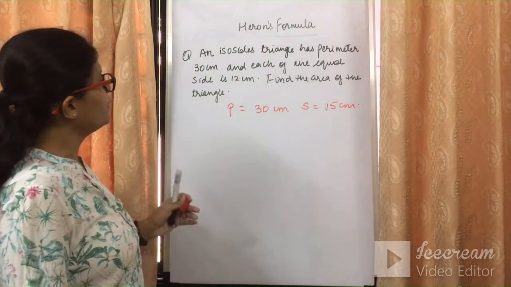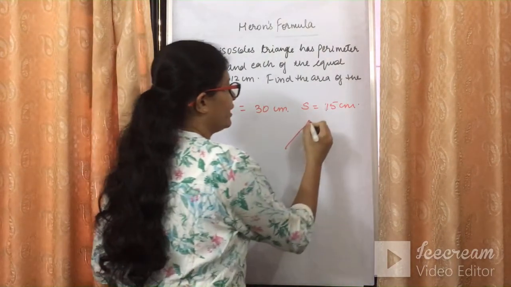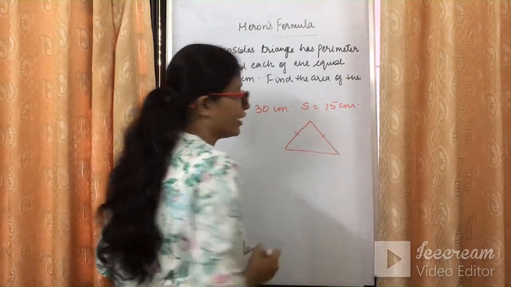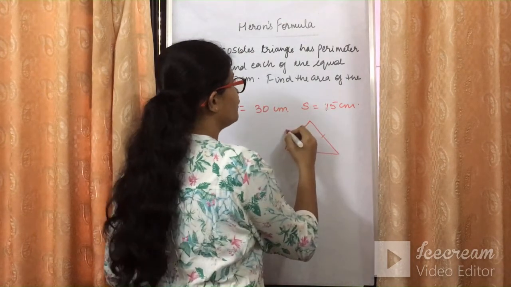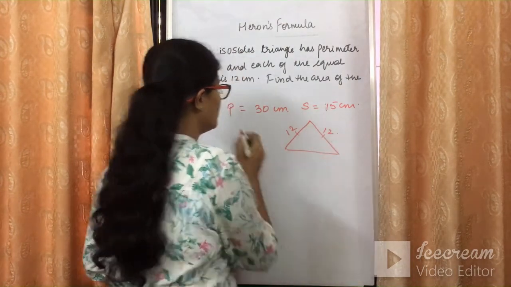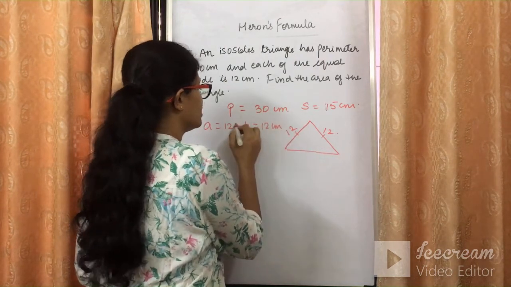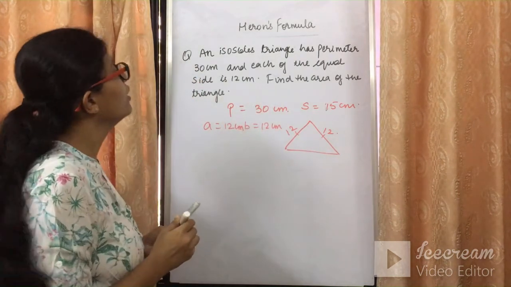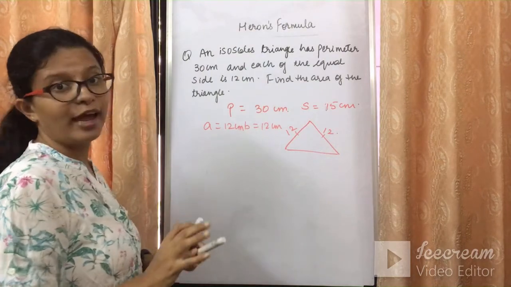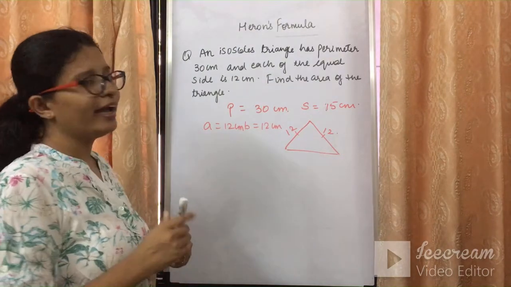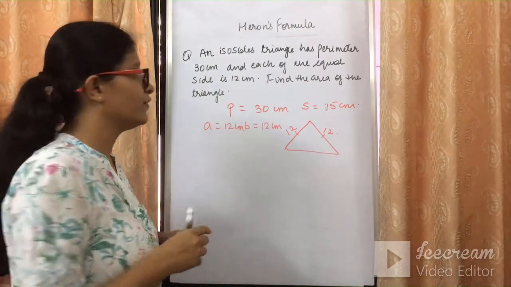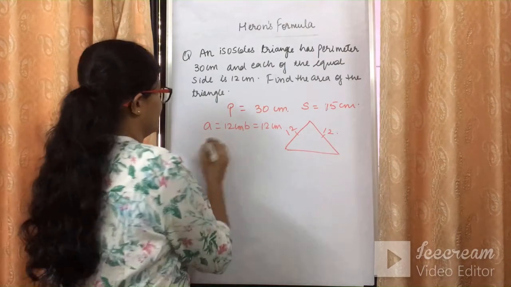Now each of the equal sides, isosceles triangle है, मतलब कि उसके दो sides equal होंगे. Suppose these two sides, if this is 12, this will be also 12. So if A is 12, B will be also 12 centimeters. ध्यान रखेंगे units का. Find the area of the triangle. तो area find करना है. क्या ये आपको नहीं लगता पहले वाले सम के जैसा कन्वर्ट हो गया? So it's very simple. Let's find out.